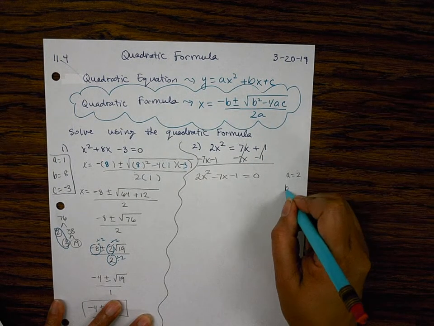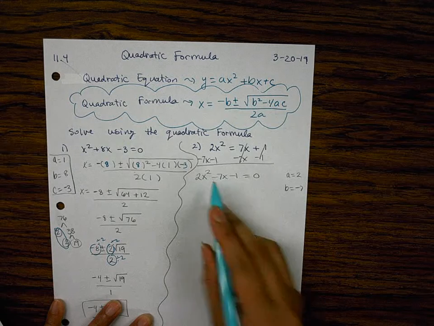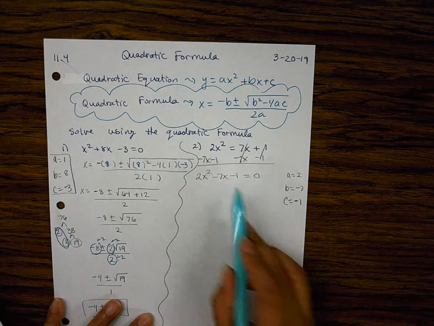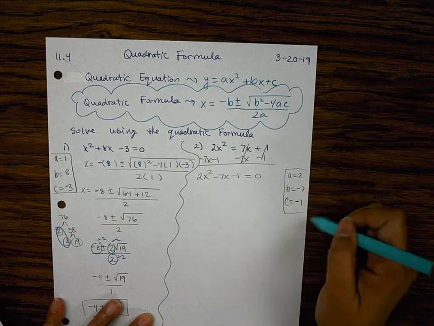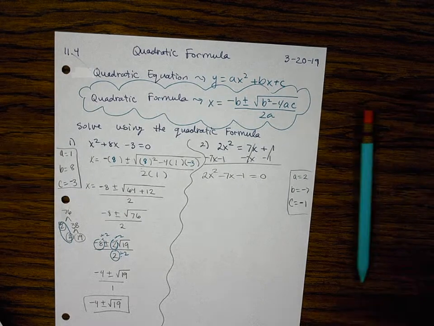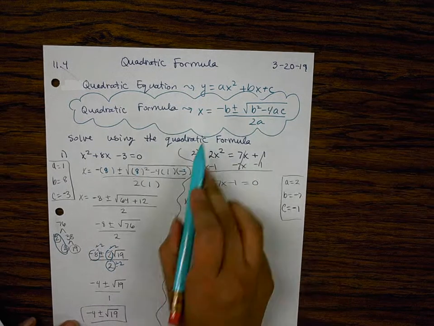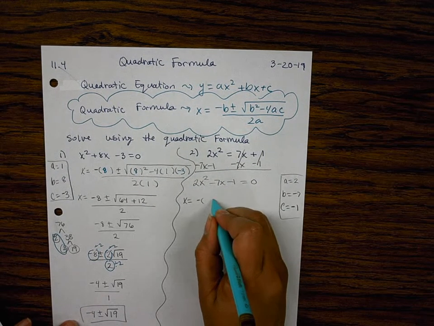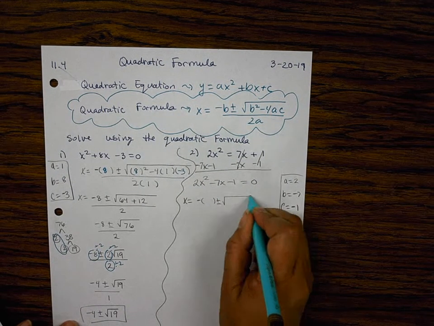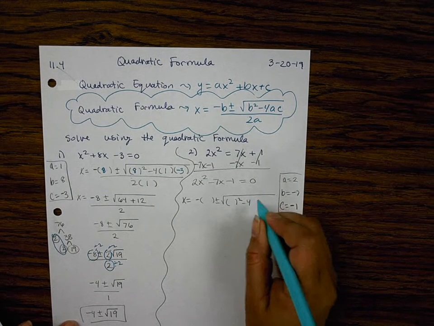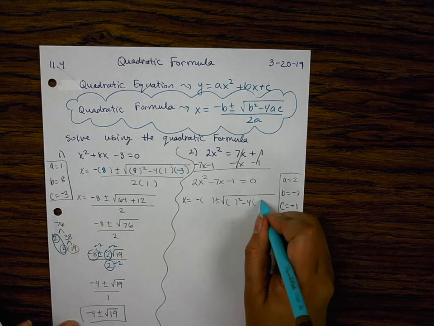Does everyone see how that works? Okay, so A is 2, B is negative 7, and C is negative 1. 2, negative 7, negative 1. And I want to see this written down in every problem, so I want to make sure that you guys are doing them correctly. All right, x equals negative b, so negative parentheses, plus or minus the square root of